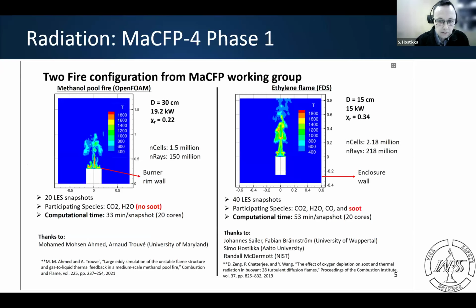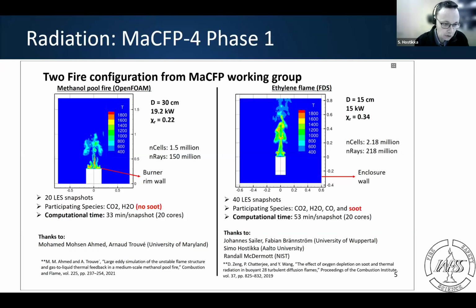Okay, here I just want to give you an example of what this benchmark data looks like. So we have taken the gas phase CFD predictions from MaCFP-1 or MaCFP-2, the most reliable, best calculations for 2 of the test cases, methanol pool fire and ethylene flame, one computed using OpenFOAM, one computed using FDS.